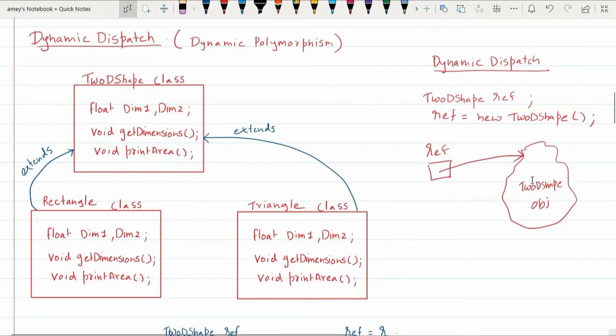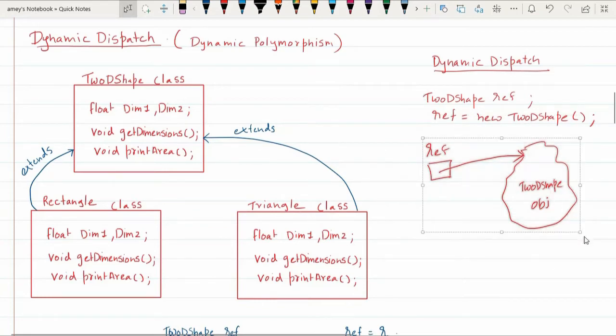The 2D shape object gets created in the heap, whereas ref, a normal reference variable, is not part of the heap. It only stores the memory address, which is the starting address of the object that is created. So this is the concept that you need to know before we continue.